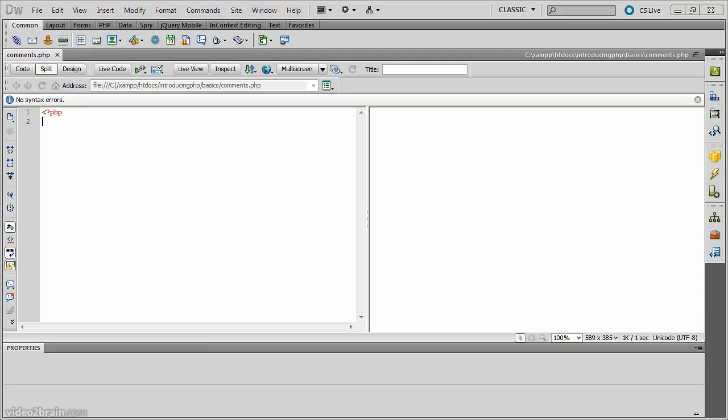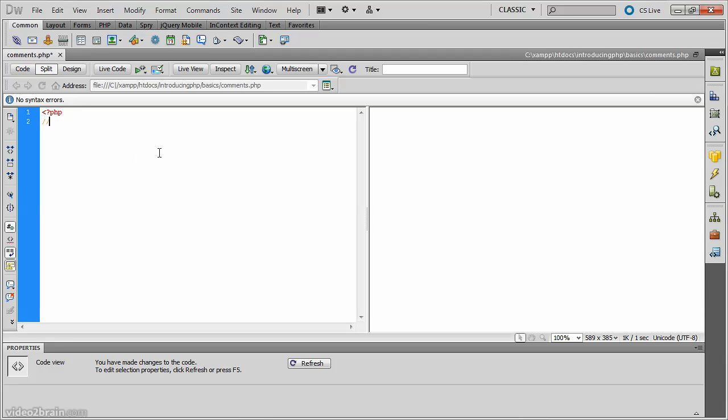The other main use of comments is to disable a section of code temporarily. PHP has three commenting styles: two for single-line comments and one for multiple-line comments. The first style for a single-line comment is to begin the line with 2 forward slashes. This is a comment that will be ignored